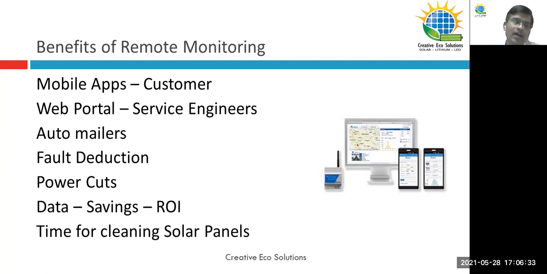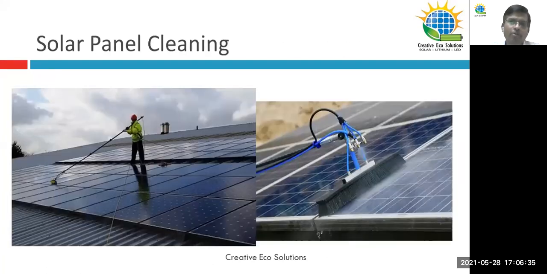It also tells you the time for cleaning. If your panels are not performing well, we have to clean the solar panels. We have good equipment in the market with telescopic poles with a water-flow brush, so that we can easily clean the solar panels. Remember, we are not supposed to walk on the solar panels while cleaning. The solar panels have to be cleaned only in the evening time or early morning time. And during the cleaning process, the DC part and the AC part of your plant should be switched off. Remember that. And there are companies taking AMCs for solar panel cleaning and for preventive maintenance.